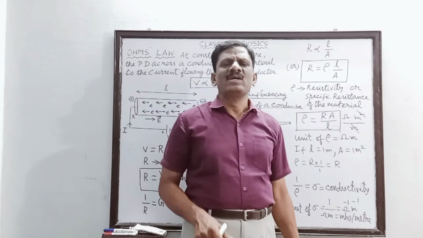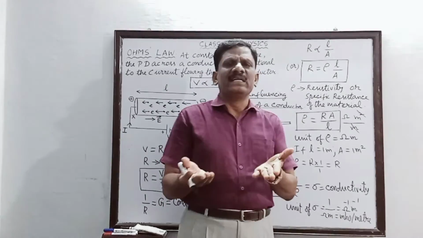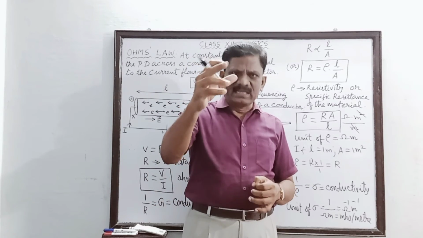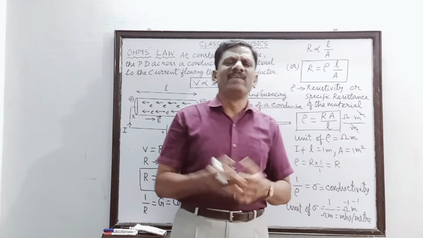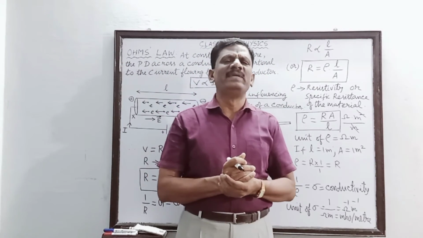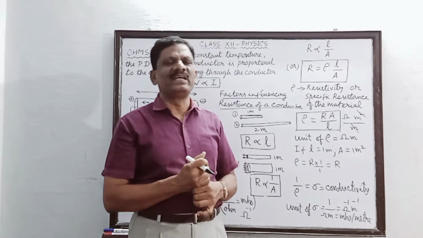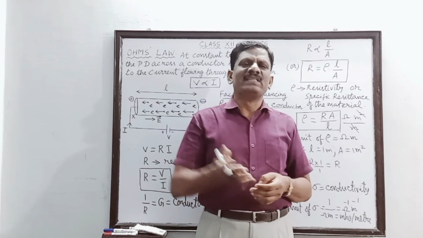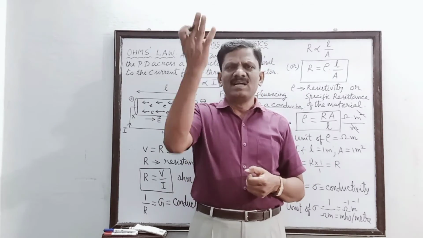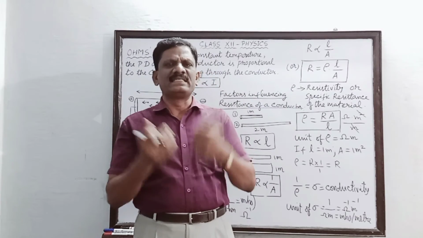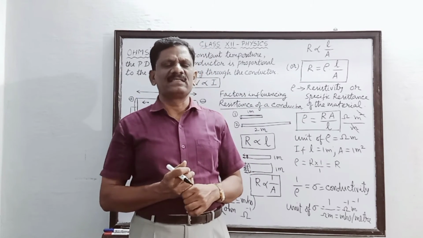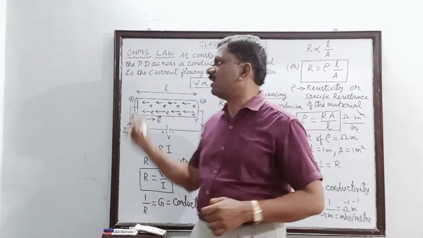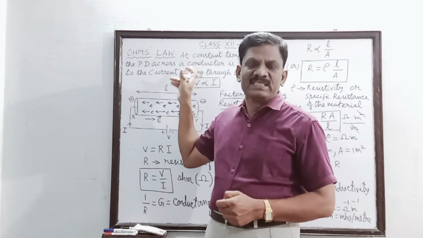In addition to this, what will happen if the conductor is heated? When the conductor is heated, the electrons will absorb the heat energy and vibrate vigorously. Their kinetic energy will be increased. Also, the ions will vibrate vigorously so that the electrical resistance will change. Understand? Because when the ions obstruct the path by vibrating vigorously, more resistance will be given to the free electrons. So, as the temperature increases, the resistance will also change. This is why we stated Ohm's law at constant temperature only; this is true only then.